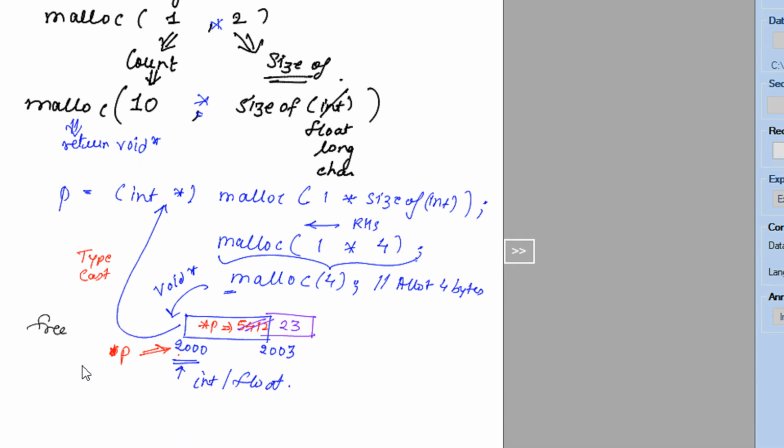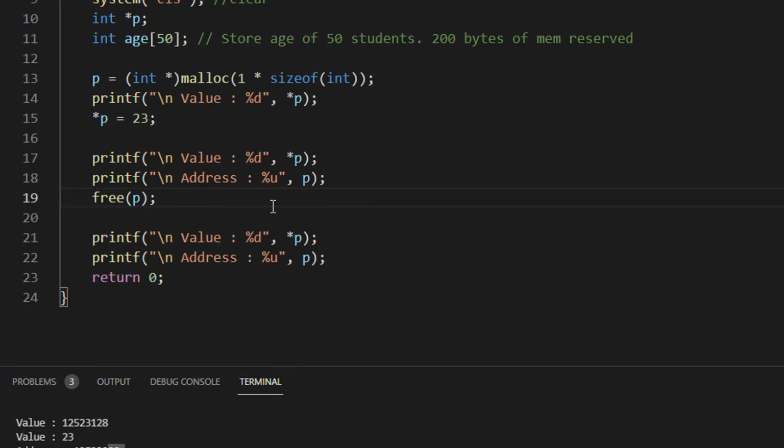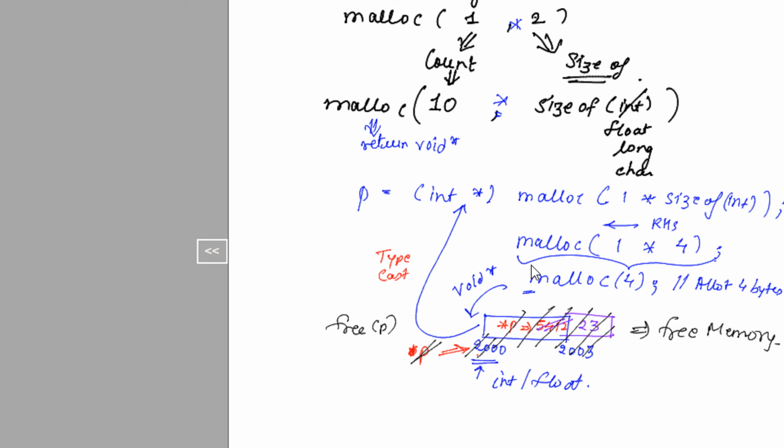So when I execute free of P, it deallocates the memory. So this becomes a free memory block. So what do I mean by a free memory block? Let's say if I am defining here int b is equal to 56, right? Since I could free up the memory location P, what will happen?